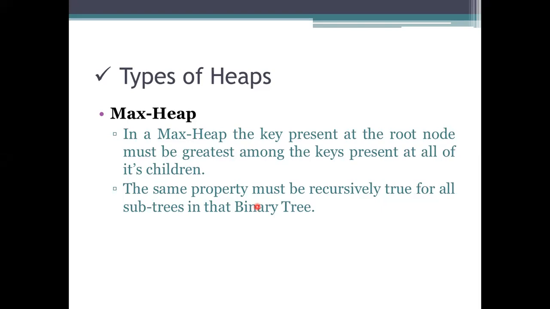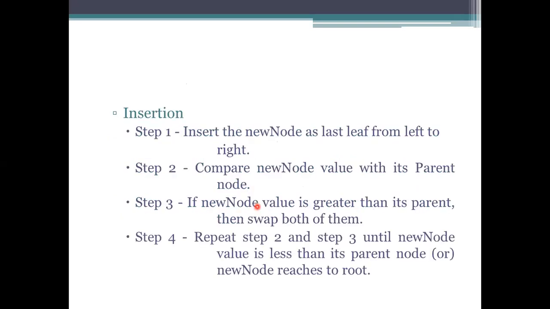It means one root has two children, and these two children will have sub-children. When we compare all of these, this root node will be the greatest among all of them. While inserting or adding elements to the tree, we need to take this property into consideration, and recursively this process has to be done whenever we process an element. Okay. And coming to the first operation, here is the insertion.